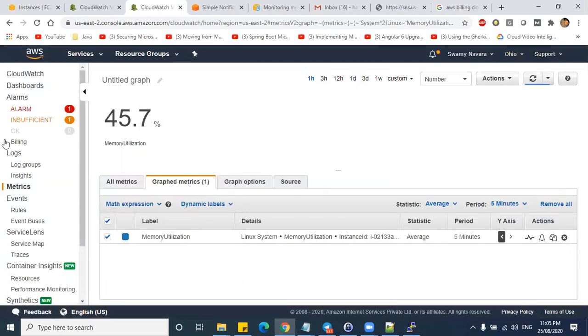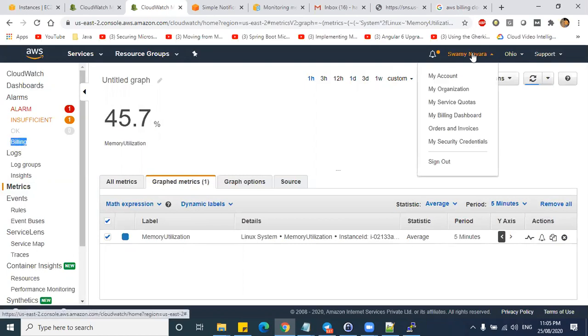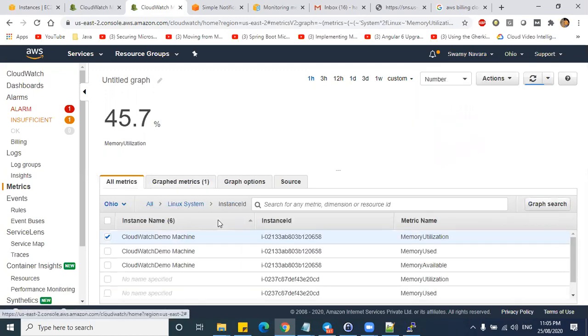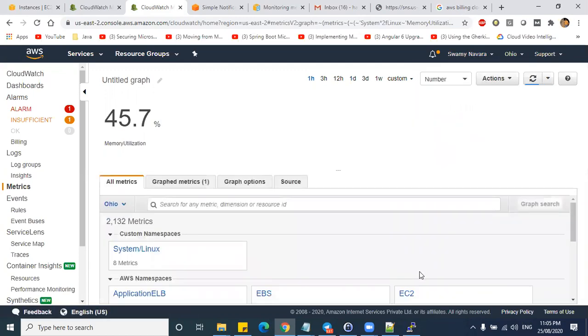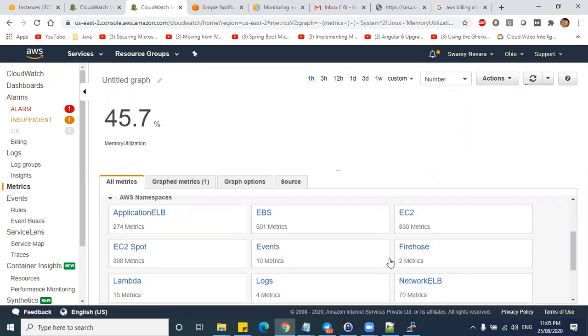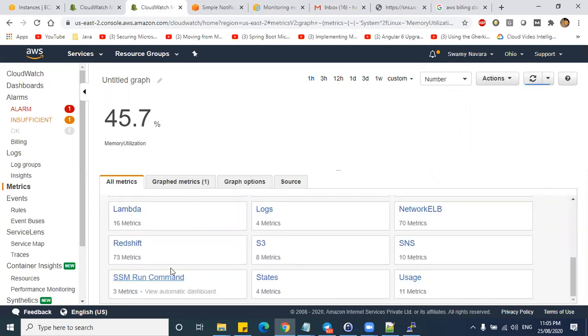In the Ohio region, you cannot set the billing alarms. These billing alarms you can set for North Virginia region. In North Virginia, you can go and look at the metrics. Under metrics, if you go for all metrics, you should be able to see billing here.